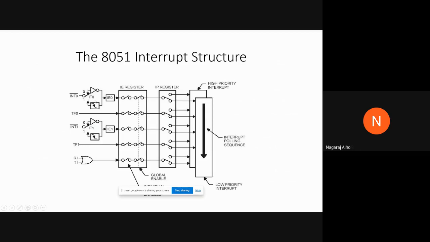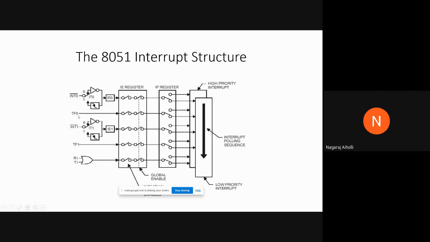If this IT0 bit in the TCON register is 1, then the INT0 external interrupt 0 is enabled by the edge, the positive to negative going edge of the clock pulse. Then once this is enabled, the IE register, the interrupt enable register, enables the external interrupt 0. If you want INT0 to have higher priority, then we have to make the related bit in the IP register, the priority bit, equal to 1.